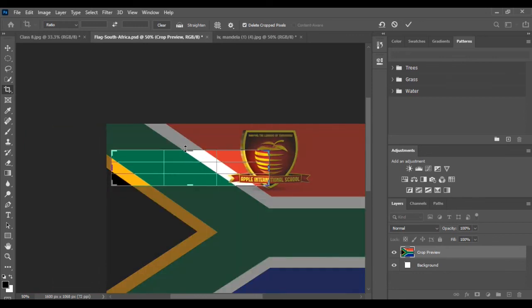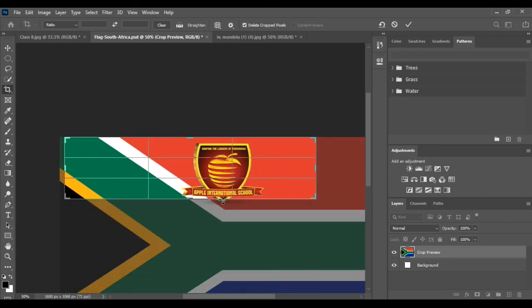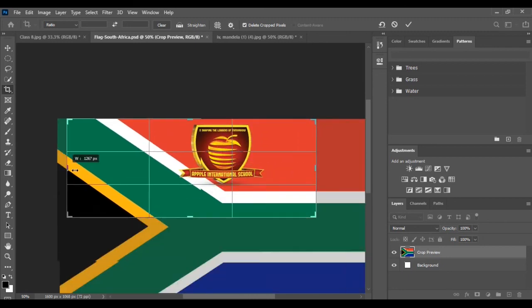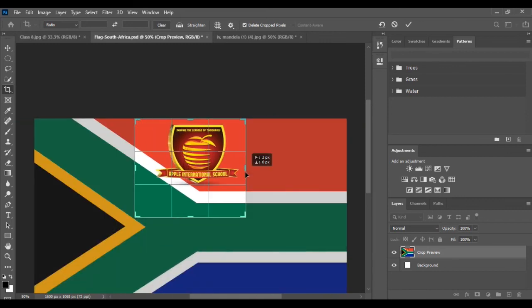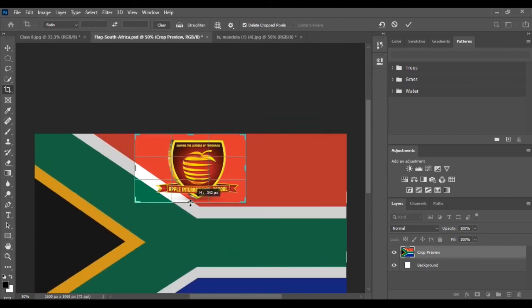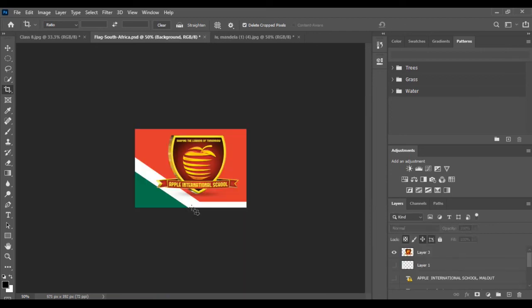Adjust the size of your picture. Double click inside the cropping boundary or press the Enter key.